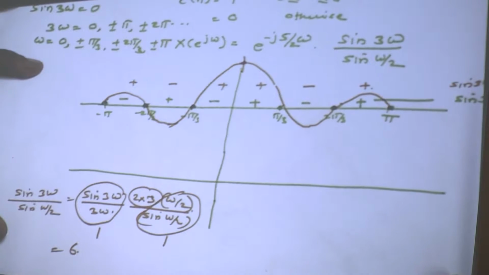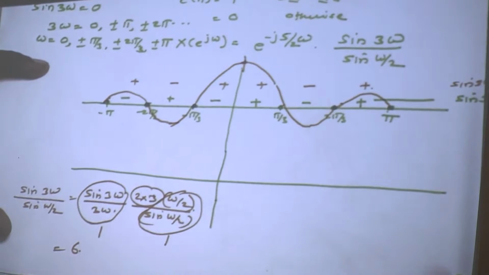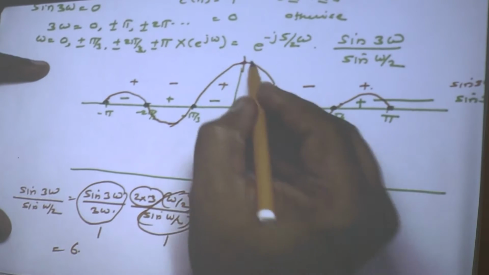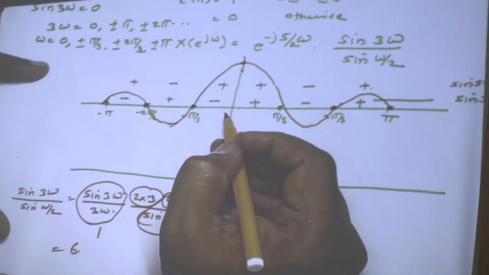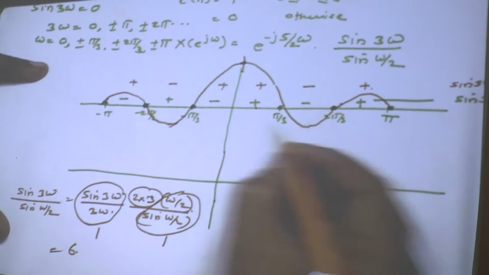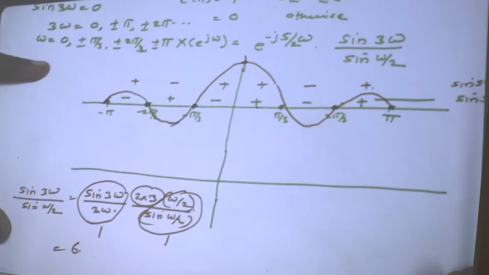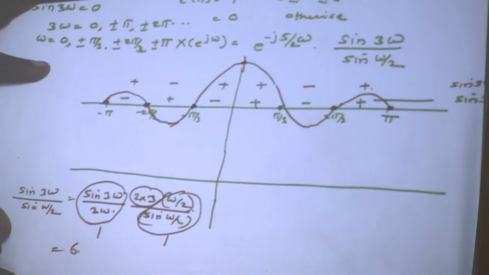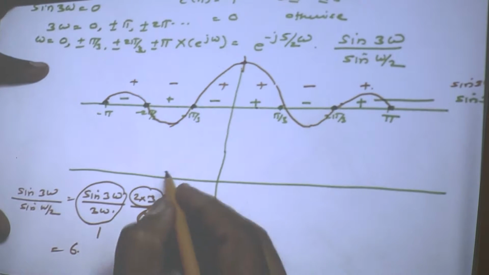This is the magnitude function. Alright, is that clear? It is going to be decaying. 6 is the largest value at omega equal to 0. You can verify that, you can find out the values at in-between points as well, and you can identify the function. The function is going to be like this. Now about the phase.